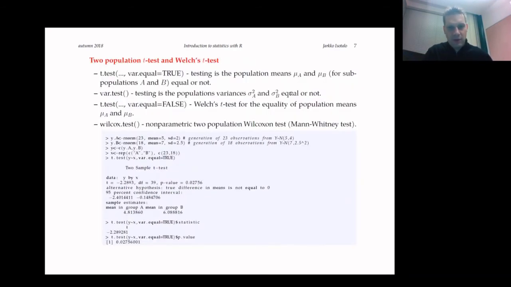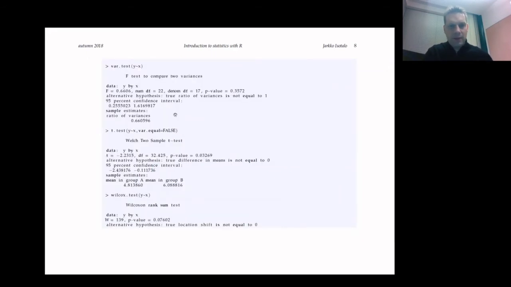We of course know that the population variances are not actually equal. So this is a population variance of 2 raised to the power 2, and this is 2.5 raised to the power 2. So there's a slight difference. However, when we are looking at this data which we have obtained by this simulation, the realizations are such that based on those values we cannot be certain,